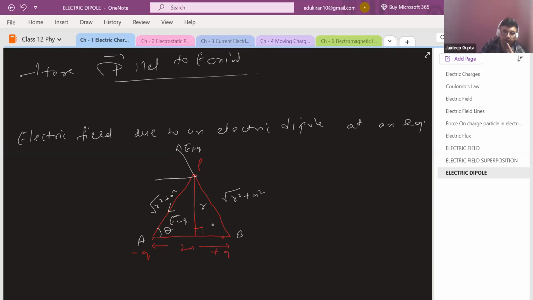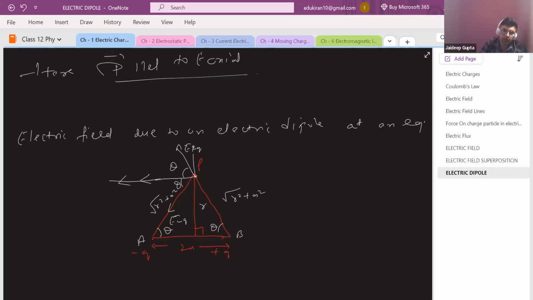Let it make an angle theta. Are you okay with this figure? If I resolve this,